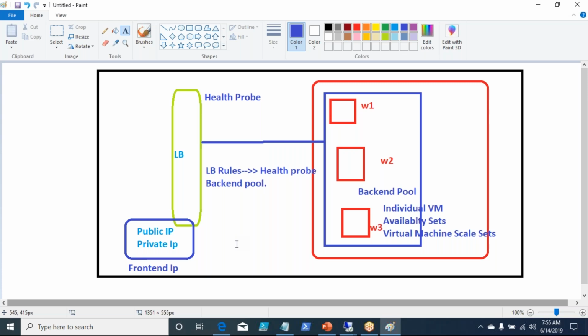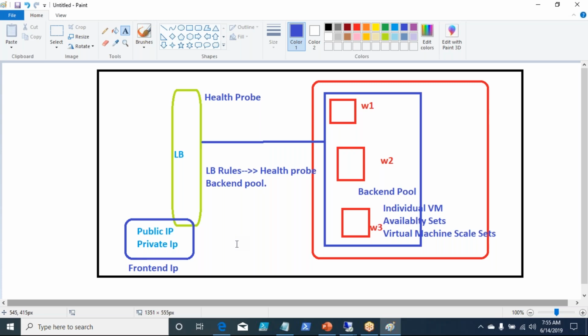It goes and checks based on the rules you defined in the load balancer rules, which is basically binding your health probe and your backend pools. It also specifies certain intervals at which the health probe should be done, and a call should be taken whether the VM is up, and how many times it has to try to conclude that it is down. These are certain things that are bound around your load balancer.